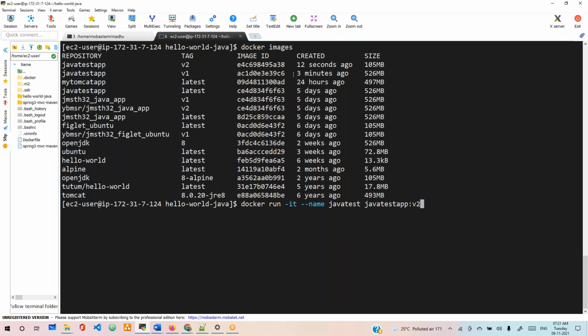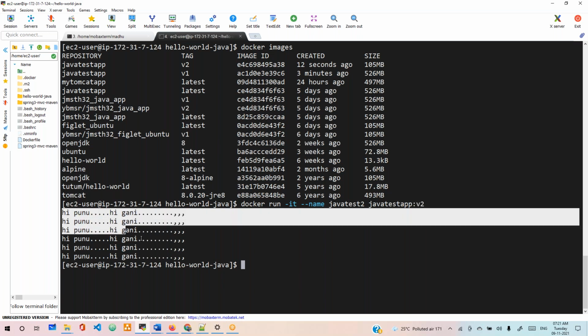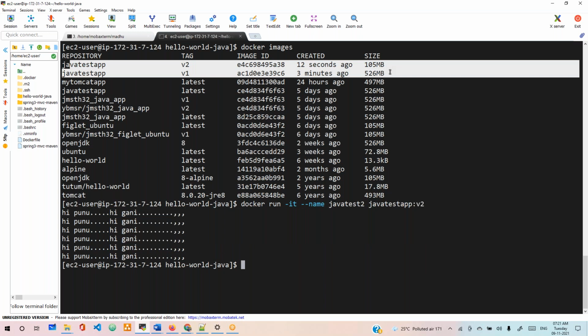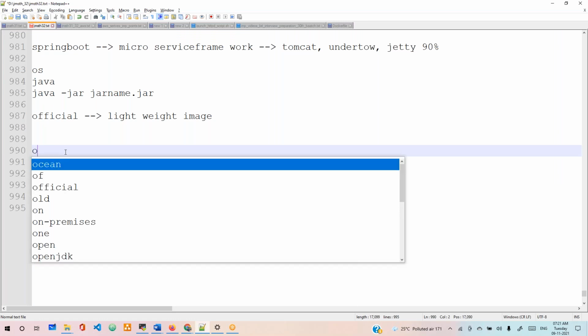Now let me run v2 and change the container name as well. If you can see, there is no change in the output, but we reduced a lot of size. That means the first instruction is what? What is the